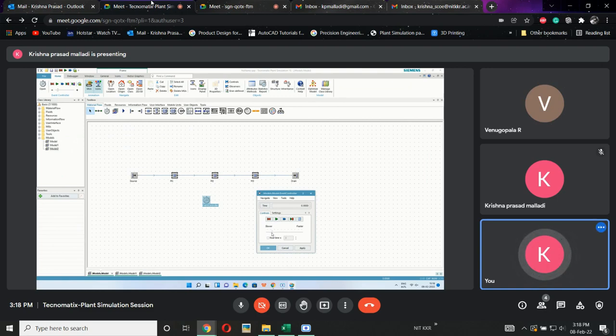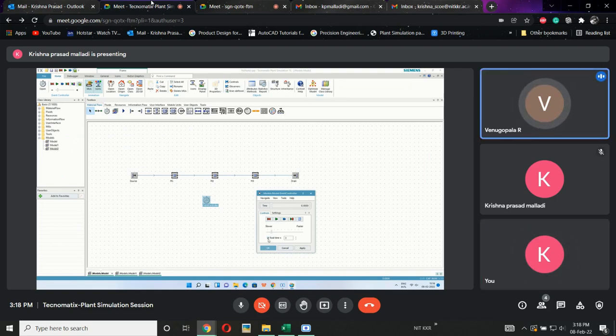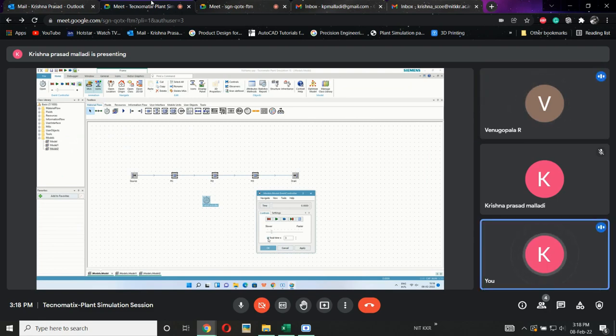So I am reducing the speed and I am clicking real time. When we enable real time, the material movement is clearly visible. Real time will be used to see the actual material movement, the actual material handling. Then we need to enable this one and reduce the speed of this one. Two things were done.